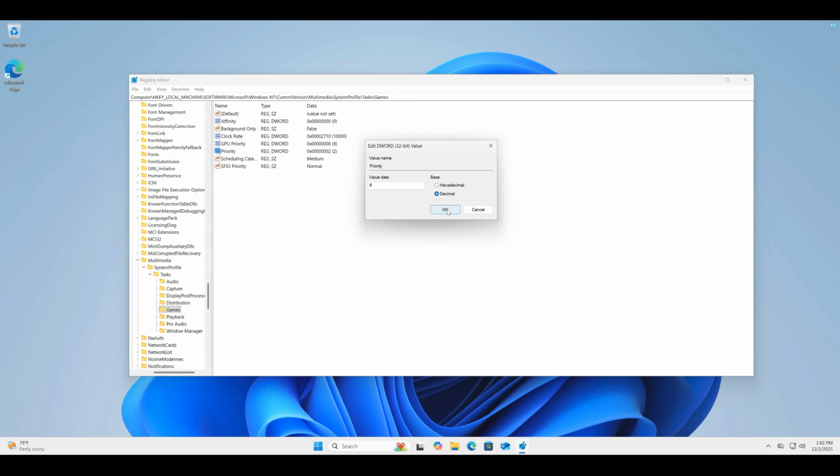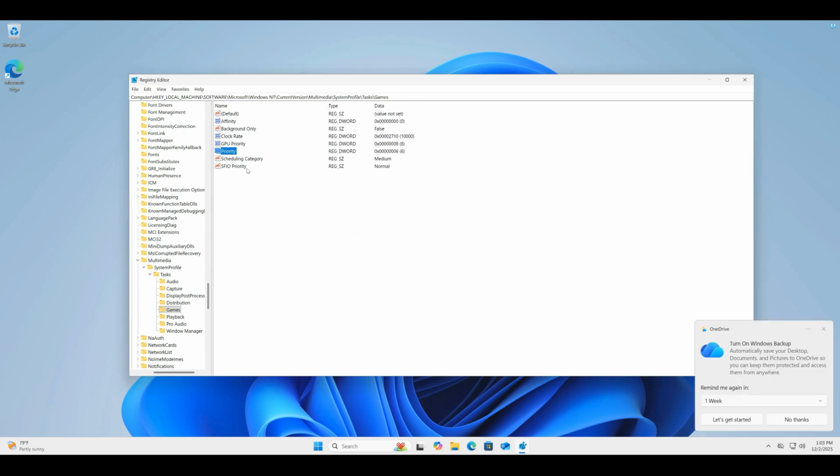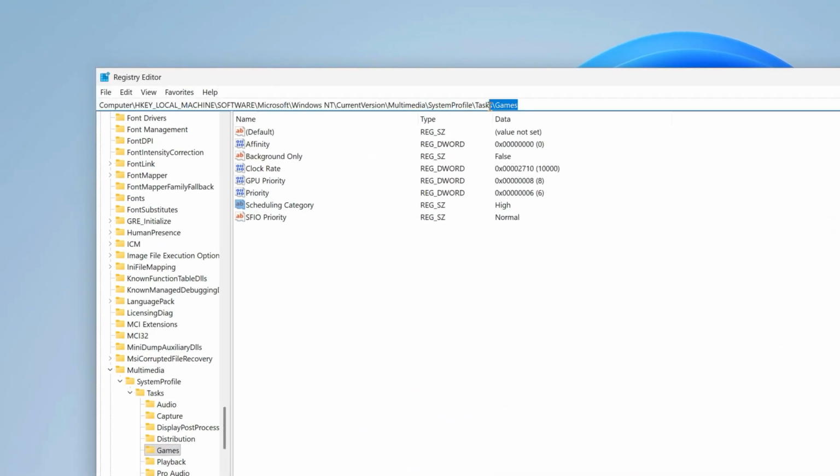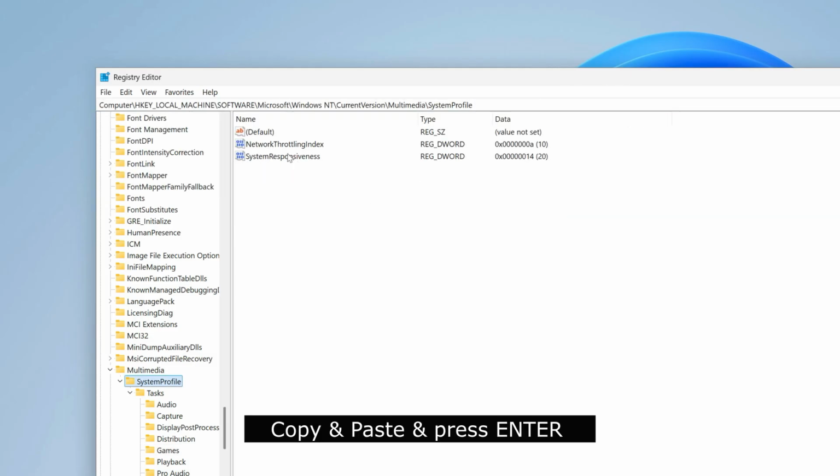In scheduling category, double click and let's type high and okay. We'll access other parameters by slightly changing the address bar. I will delete only the final part, but I will leave the exact address in the description in case you just want to copy and paste it